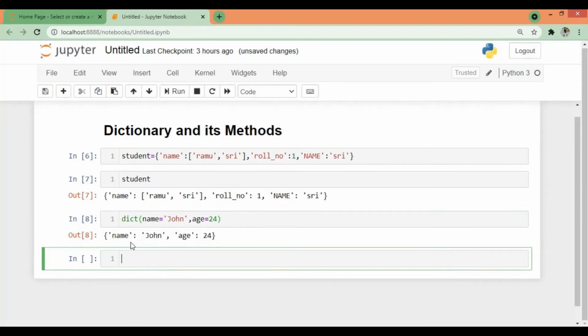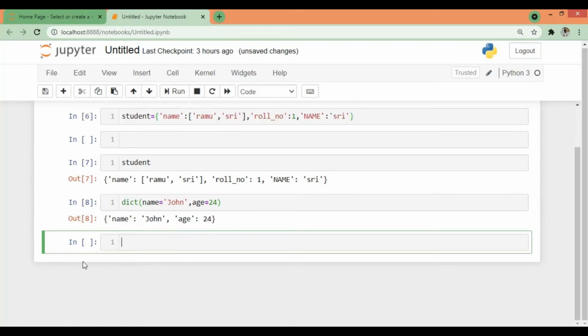You can see if I print this, it created a dictionary with these values. So you can use this dict() function to create a dictionary. So that's about how you create a dictionary. And the next thing we have to discuss is accessing elements, like how we can access elements in a